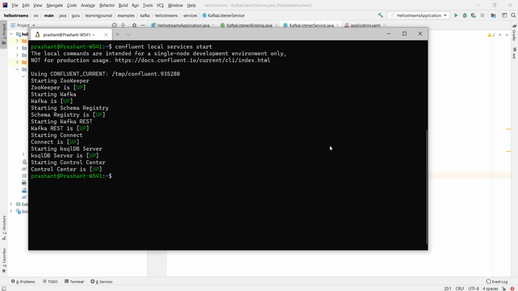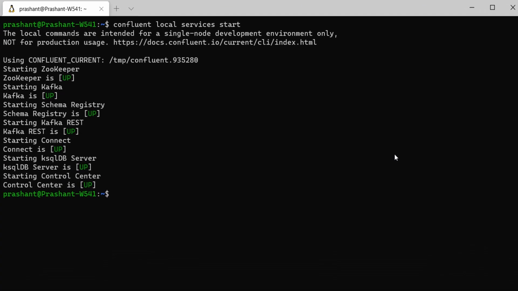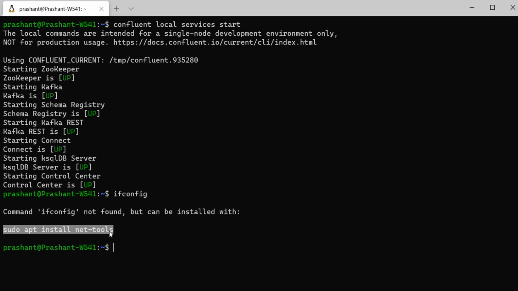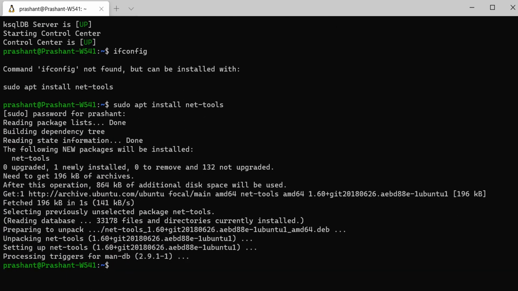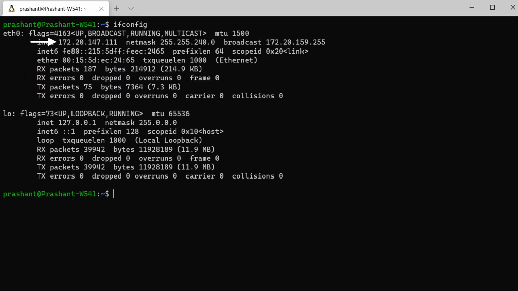However, I'm running my Kafka cluster in an Ubuntu WSL. My WSL runs in a VM, which has its IP address. Let me check the IP address of the VM. Here it is. So I should have configured my Kafka broker to listen to this IP address. However, this IP address will change when I restart my Windows machine. And that's a big problem. I cannot configure my Kafka cluster to listen to a fixed IP address.